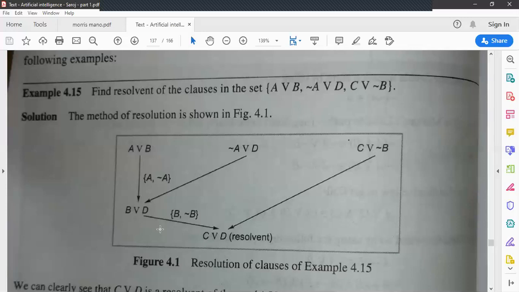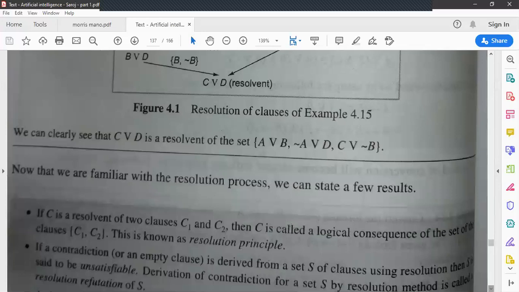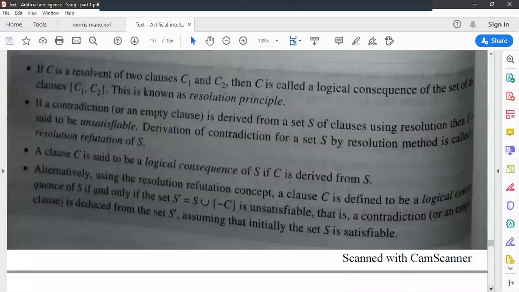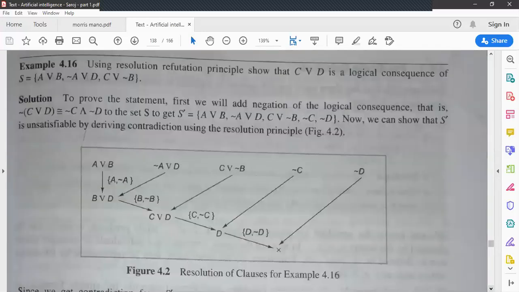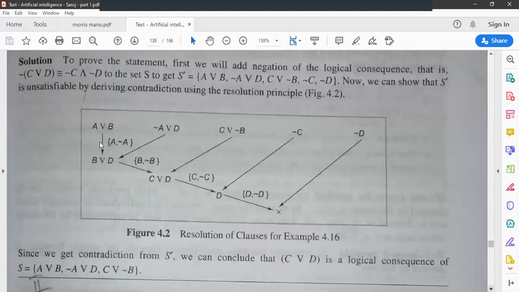Again, because you have B and not B, that gets eliminated, and then you will get C or D. So this C or D, because there is no other clause in this to combine with, because all the clauses have been done, the C or D is called a resolvent of this set. And likewise, you can do for this A or B. This is given